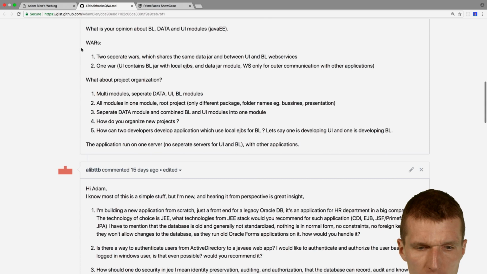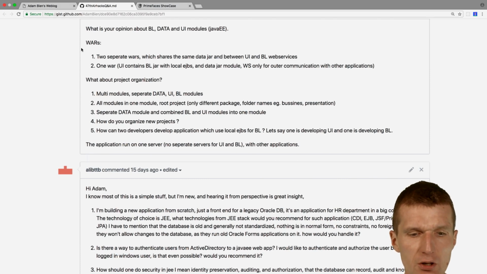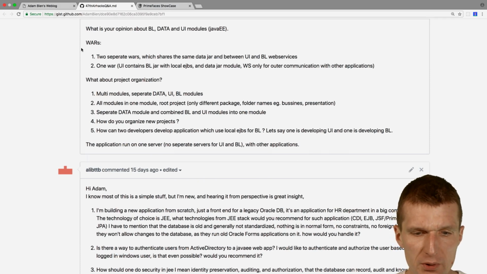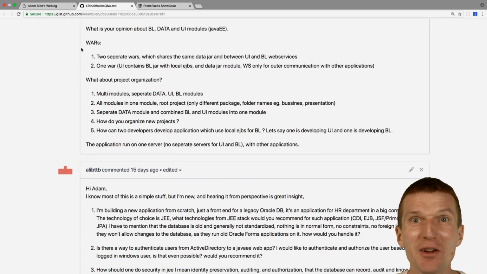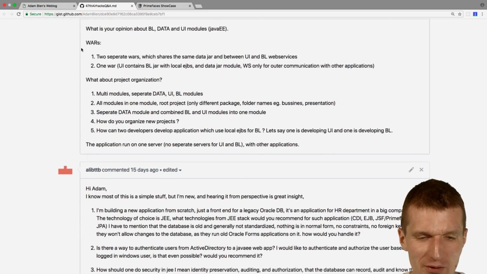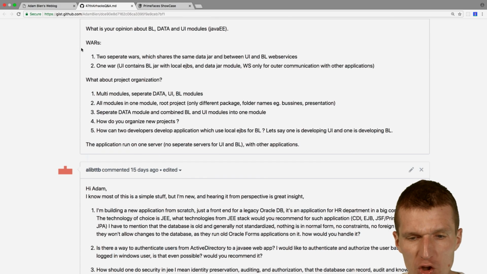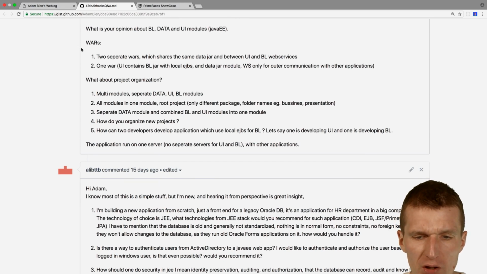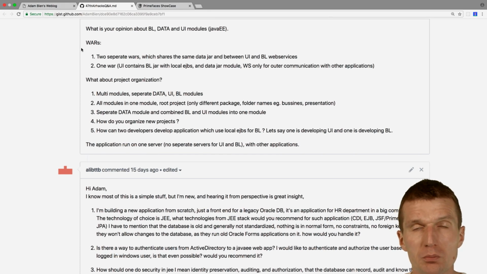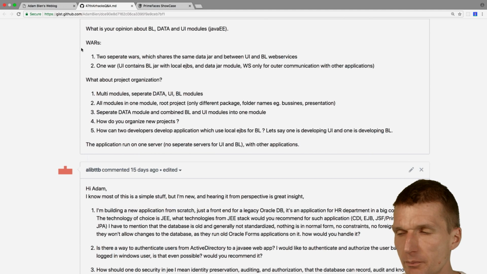Okay, next one. What is your opinion about business logic, data and user interface modules in Java EE? Java EE 8, I wanted to say. Two separate WARs which share the same data JAR, between UI and business logic web services. So let's assume the user interface is JavaScript. Then it doesn't have to be a WAR, it can be a zip, because it could run, for instance, on